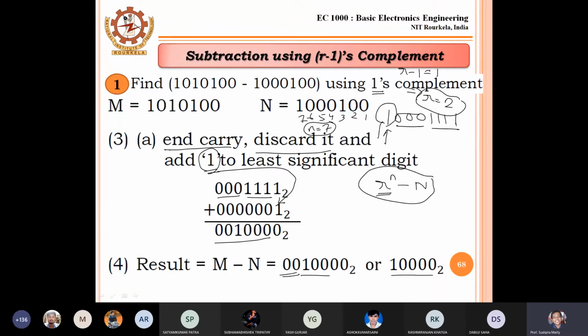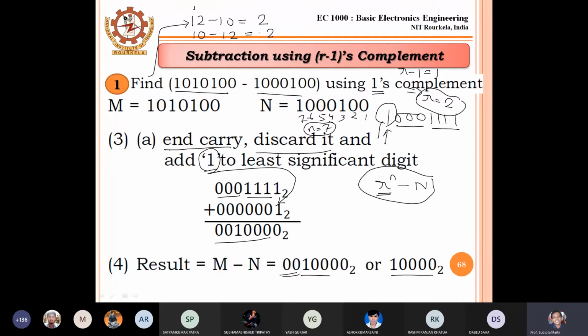Okay. Now before observing this one, you observe M and N. If I interchange M and N, for example, suppose I perform 12 minus 10, what will be my result? 2. Suppose this is my example, and if I interchange M and N, that means 10 minus 12, what will be my result?